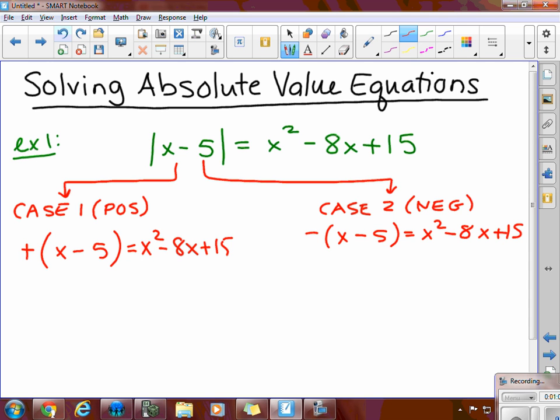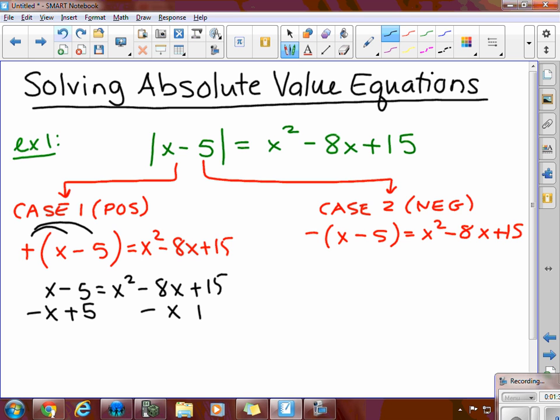So now we simply solve both of these equations. Distributing a positive 1 gives me x minus 5 equals x squared minus 8x plus 15. Now we can see we're going to have a quadratic forming here, so we want to move everything to the side where the leading coefficient of my x squared term is positive. That happens to be on the right hand side. So I'm going to subtract the x, add the 5 on the right hand side of the equation, which leaves me with 0 equaling x squared minus 9x